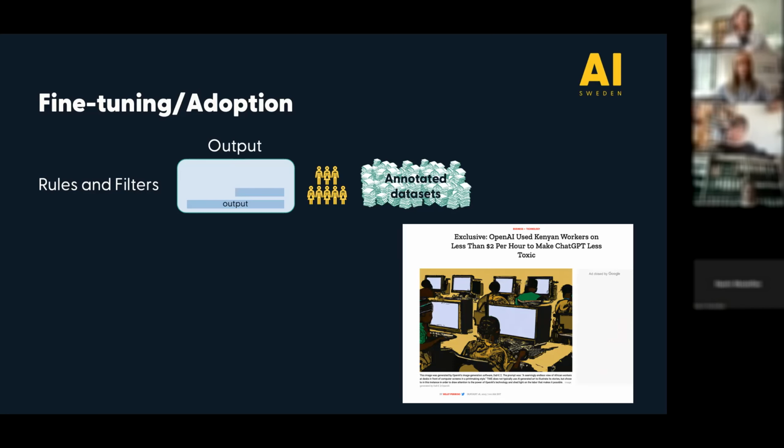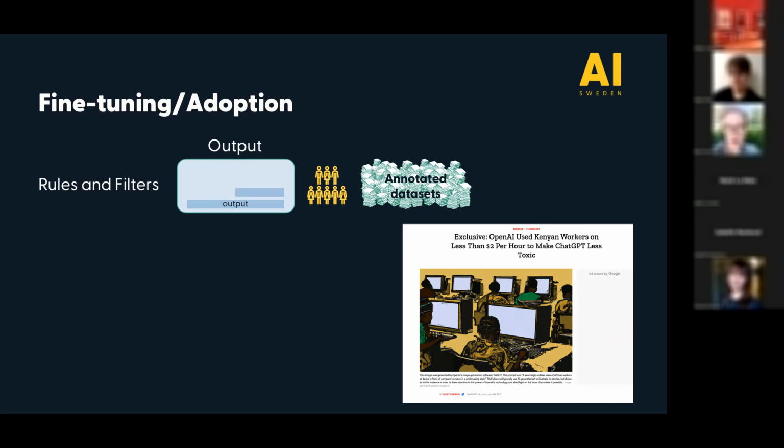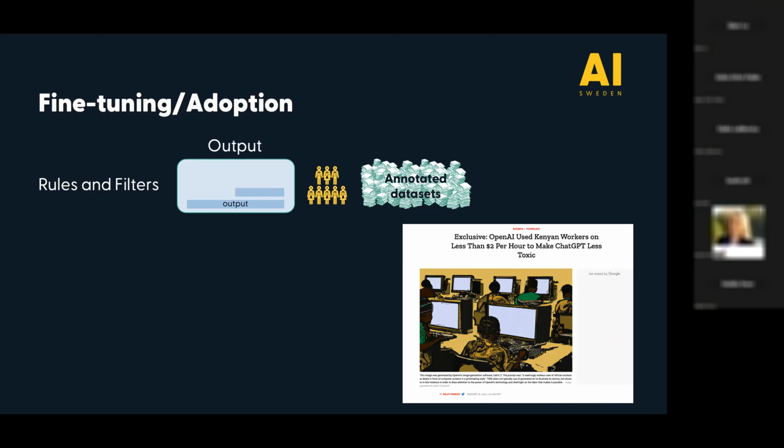And thanks to these kind of filters and the work of the people behind them, you can all use Twitter and Facebook today in a rather safe way without being exposed to those contents, because other people have done the filtering work for you. This is one of the reasons why, for example, ChatGPT is considered quite safe today if you use it in English, because there are these heavy filter mechanisms.